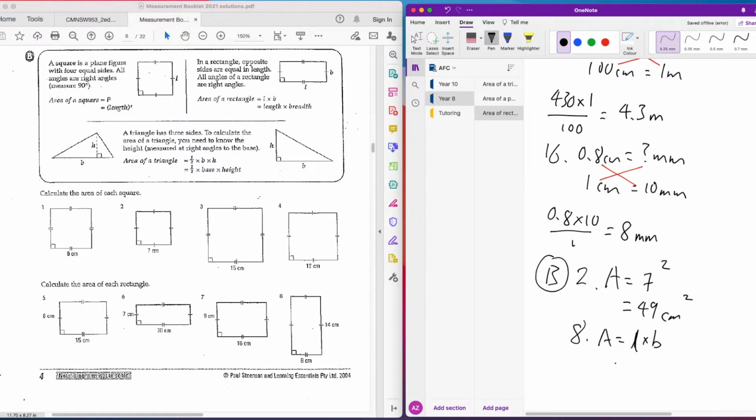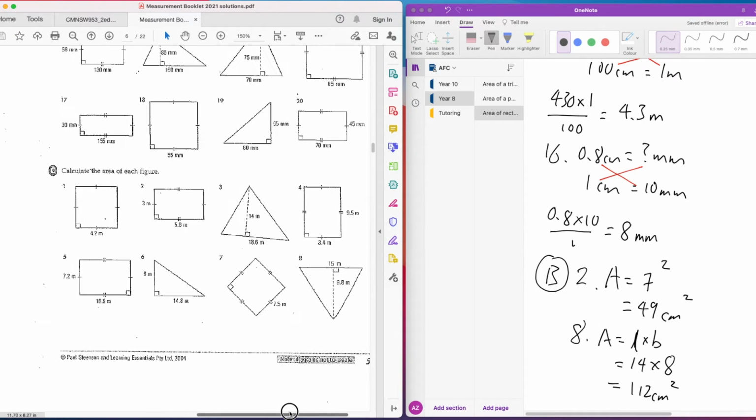Length times the breadth. So in this case, the length is 14 times the breadth, which is 8, which equals 112 centimeters squared. Alright, so hopefully there's no dramas with these kind of questions. The next one